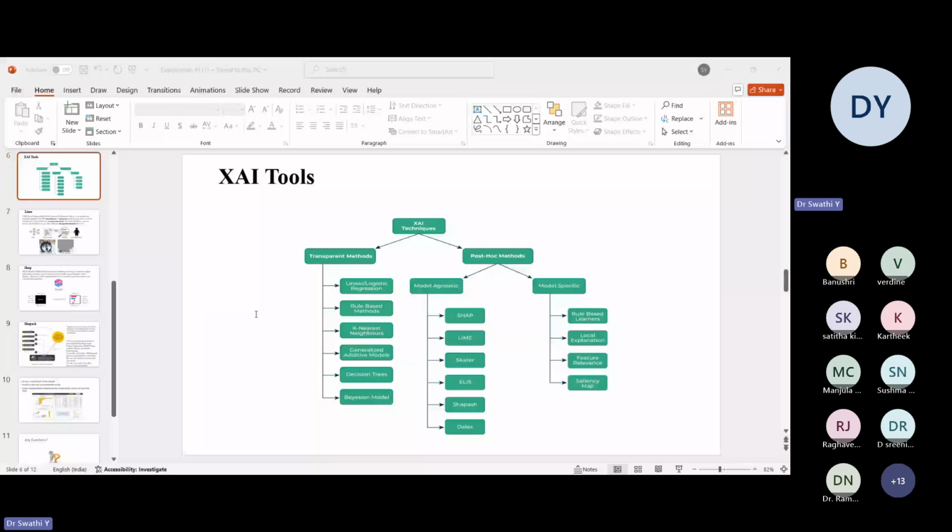This is what I got: around 78% F1 score, precision 87%, and recall 81%. Accuracy is 78, which is not good for this model.